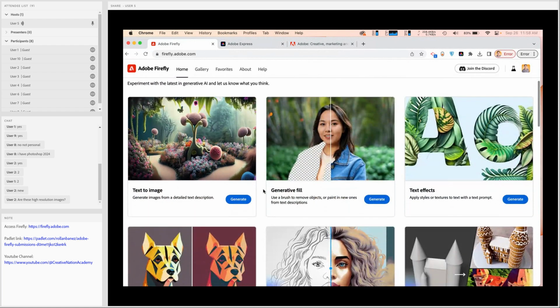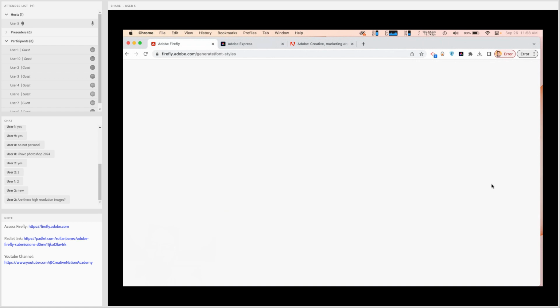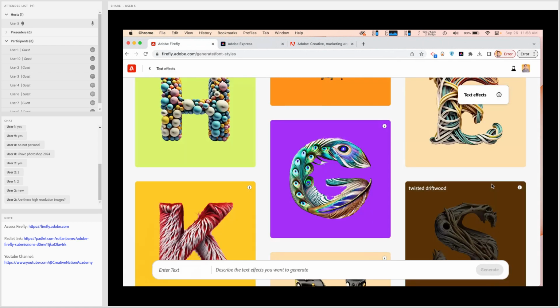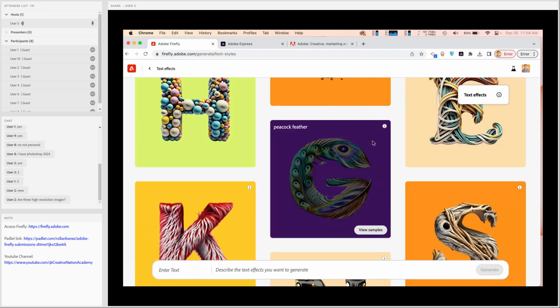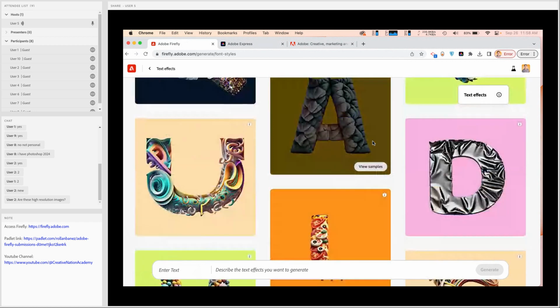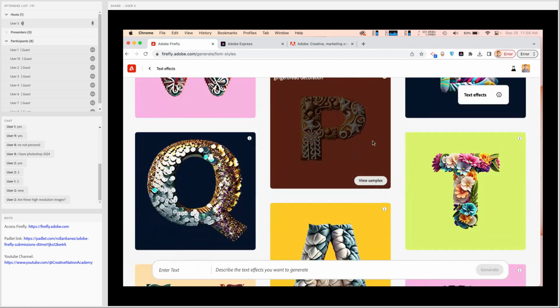The next one is one of my favorites, which is the text effects inside of Adobe Firefly. We are again inside of Firefly. Let's click on generate here. Text effects has a lot of potential if we're going to use it with our sample files.